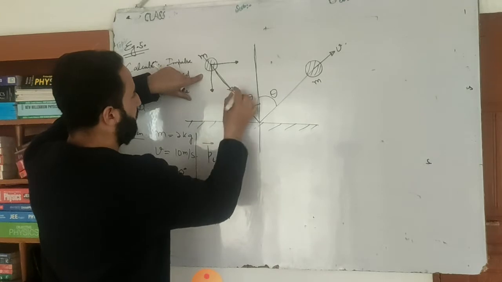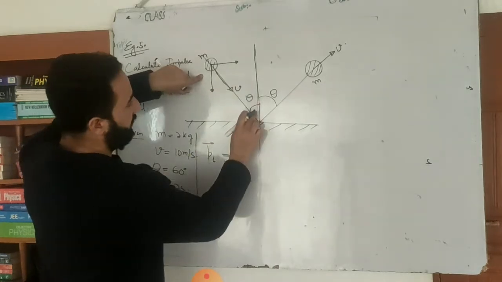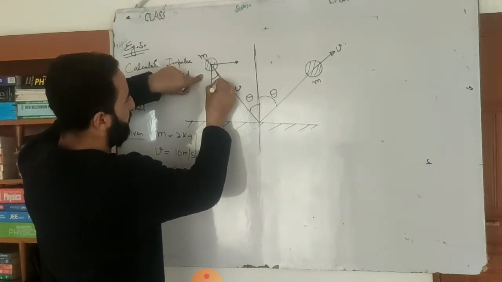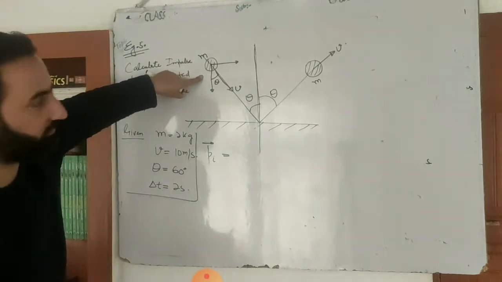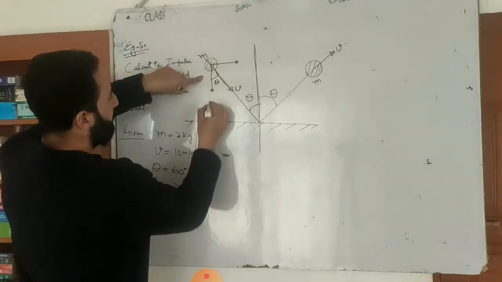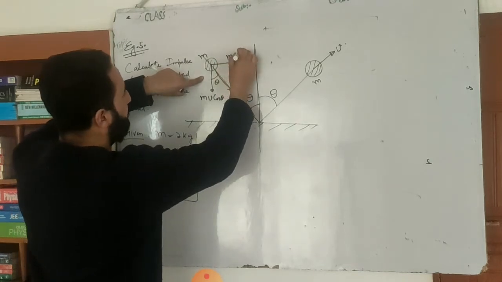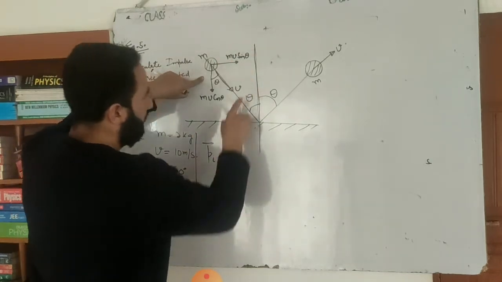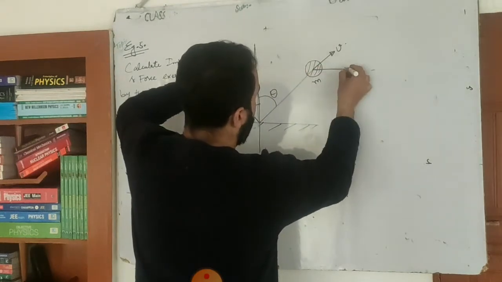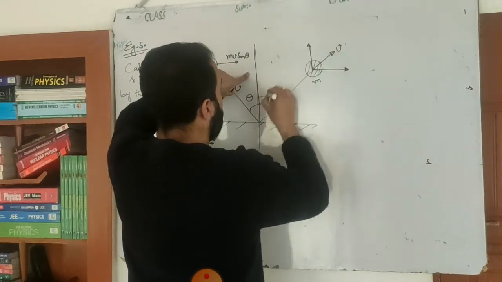The velocity v of this, okay. This is theta, so this angle is also theta, right beta, alternate angles. So its momentum is mv, so this component will be mv cos theta and this component will be mv sin theta, right beta. Now here I will resolve this as we have two rectangular components. This is theta, so this is also theta,